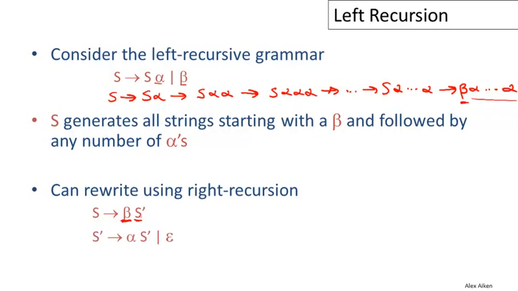And what does S prime do? Well, S prime produces what you would expect, a sequence of alphas, and it could be the empty sequence. And if you write out an